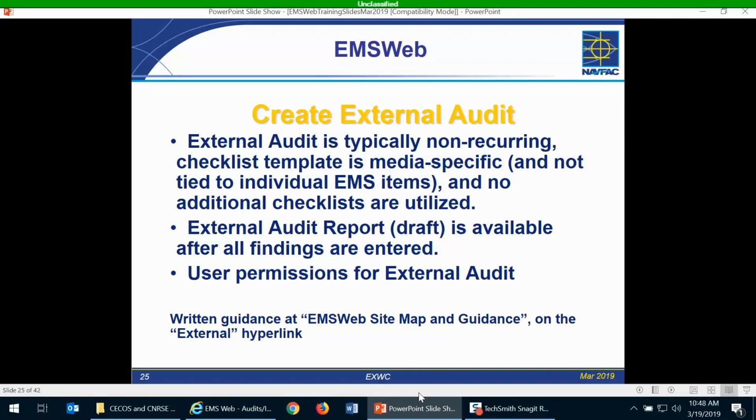During this session, we're going to go through the steps to create an external audit. Written guidance on this topic can be found under the EMS website map and guidance link, which is located on the right-hand side under quick links. Going to this web page, scroll down until you see the external hyperlink. Using this hyperlink will download a Word document that covers the external audit all the way from creation to closing